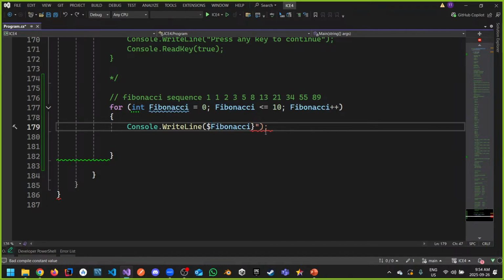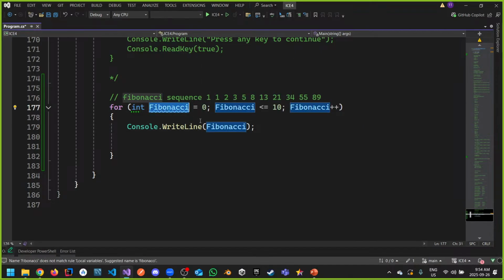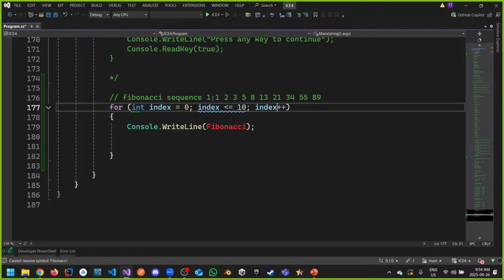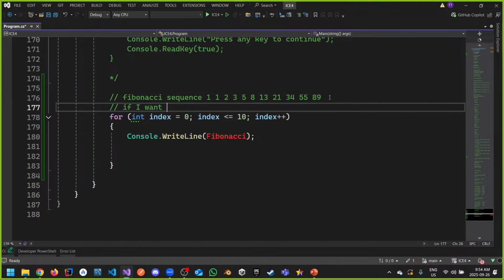I'll put the Fibonacci in there, but I want to print Fibonacci out. That's true, this one. I want to print this out, but here I need a sentinel variable that is not the same, right? This will make this the index, okay, instead, okay? So here's index. And if I want the first, so we can't, Fibonacci sequence, by the way, is infinite, okay? The Fibonacci sequence is infinite. If I want the first 10 numbers, right? So if I want the first 10 numbers of the Fibonacci sequence,